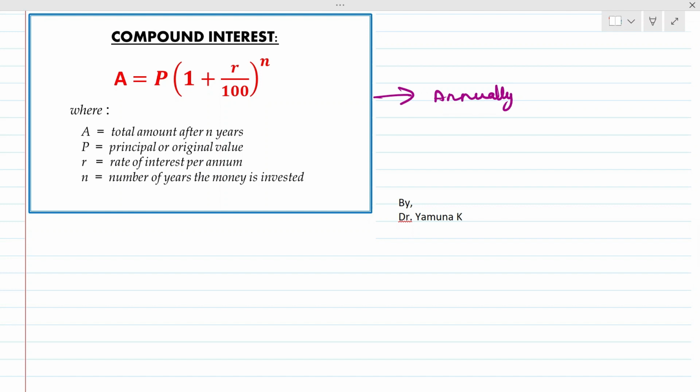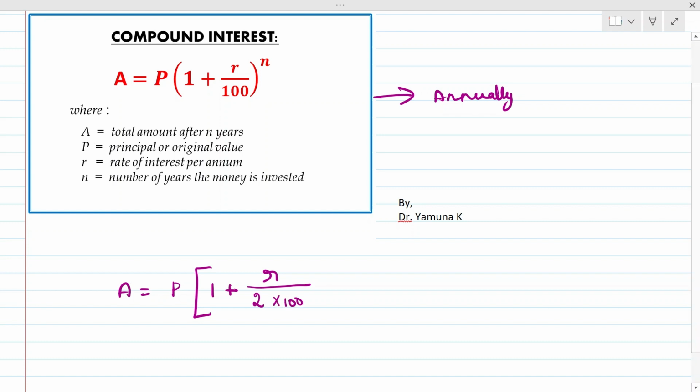So the time period will be doubled, whereas the rate of interest will become half, because we are calculating only for 6 months. That is why the rate of interest will be half and the time period will be doubled. So now for half yearly, the compound interest formula is A equal to P into 1 plus, as I have already told you, the rate of interest will be half, so R by 2. If R is the rate of interest for 1 year, then for half year it will be R by 2